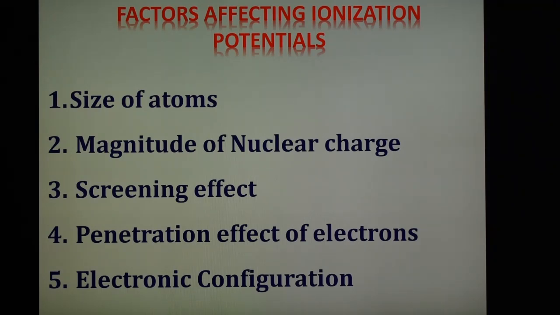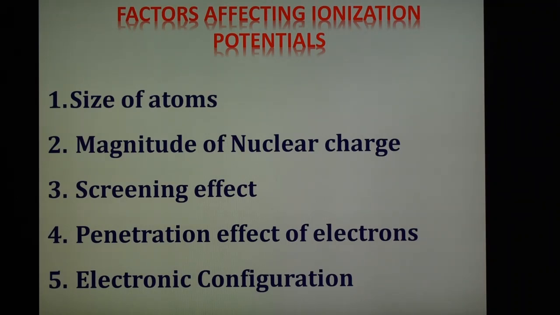And the fourth factor is the penetration effect of the electron. It is a well known fact that in case of a multi-electron atom, electrons in the s orbital have maximum probability of being found near the nucleus. This probability goes on decreasing in case of p, d and f orbitals. In other words, s electrons are more penetrating toward the nucleus than p electrons. Therefore, penetration power decreases in the order s is greater than p, p is greater than d, d is greater than f. If the penetration of the electron is more, it will be closer to the nucleus, and therefore ionization energy will be high. This means that ionization potential increases with the increase of penetration power of the electron.